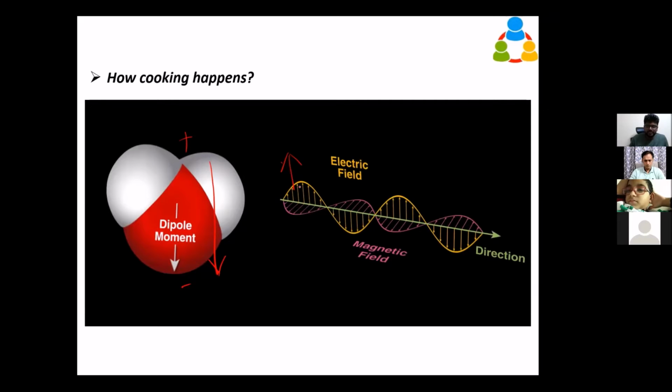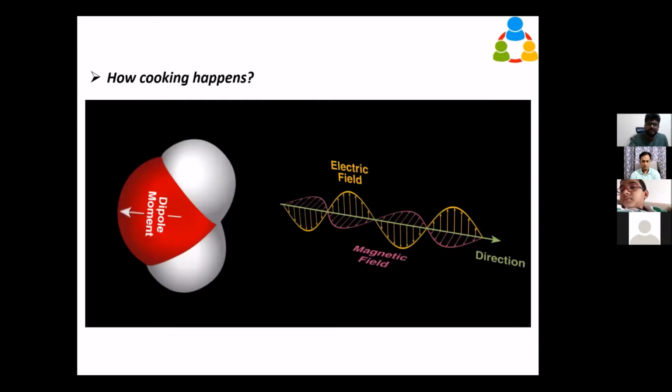You can consider the electric field is in this direction, positive is here, negative is here. Negative will repel, positive will repel. So what will happen? The dipole moment of the water molecule will react to this oscillation. It will start to rotate, but not completely 180° to align with the electric field, only 90°. It oscillates because of the hydrogen bonds with the other water molecules. It can't rotate 180°.